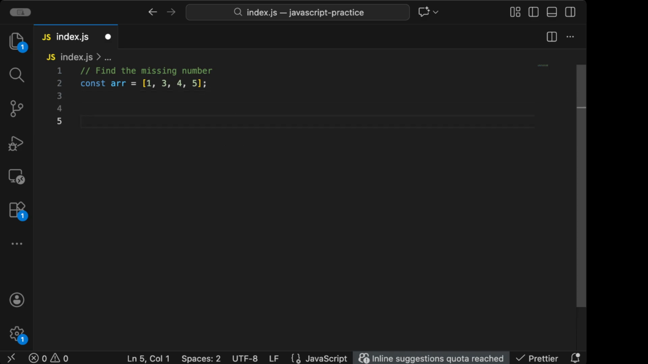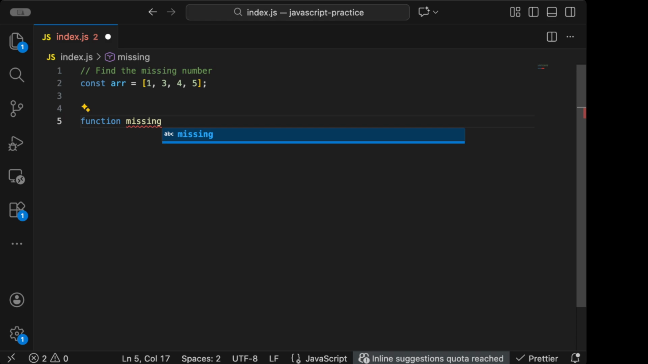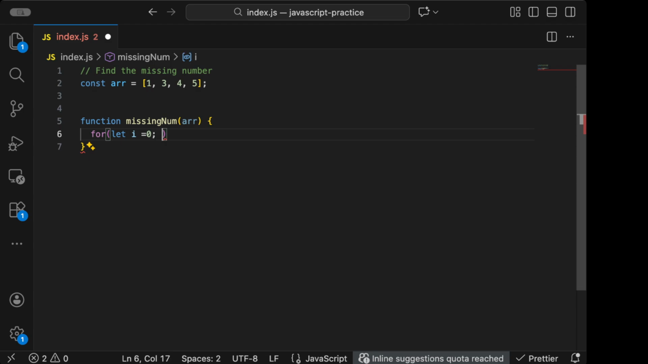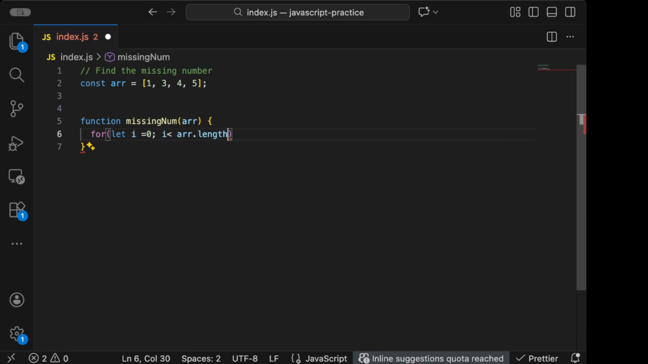Okay, so here is my solution. We have a function missing number. It takes array as input. Now we need to have a for loop. We'll go with the legacy one because I'll let you know why. i is equal to 0, i less than array dot length minus 1, i plus plus. Then we will check the if condition, and in the if condition I will say